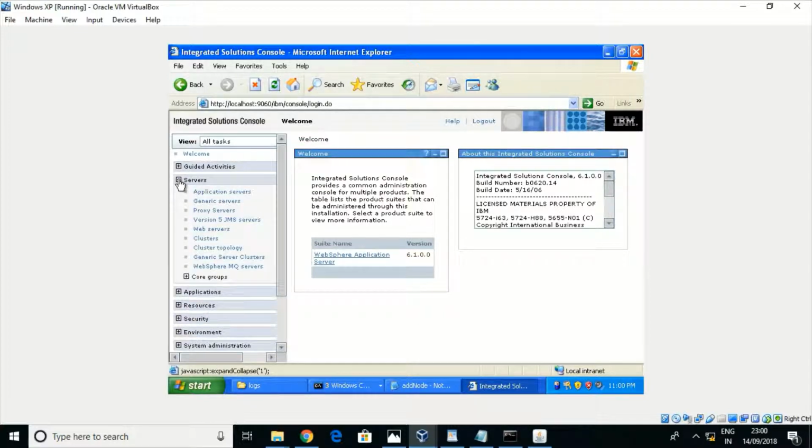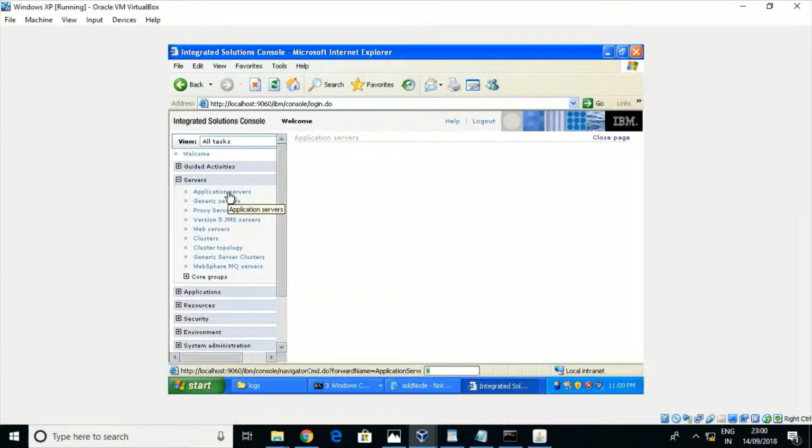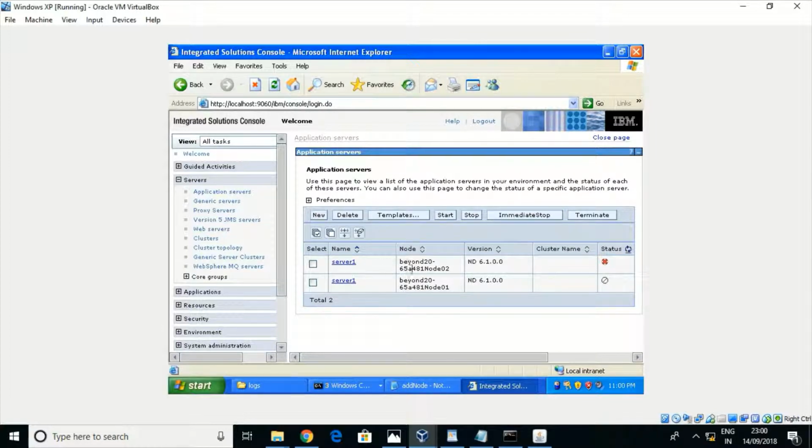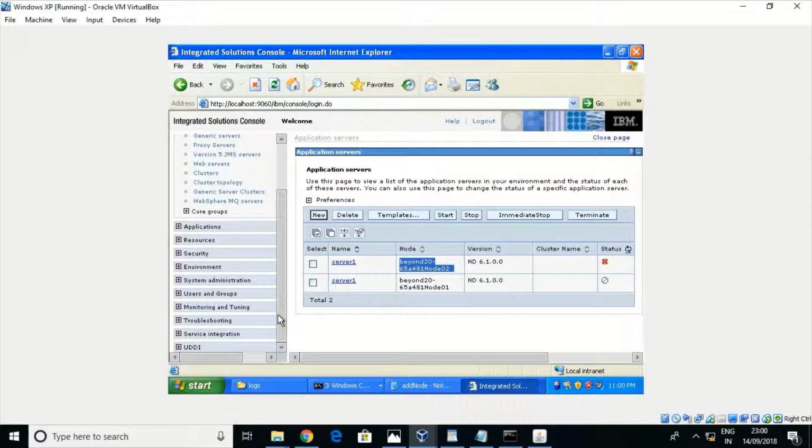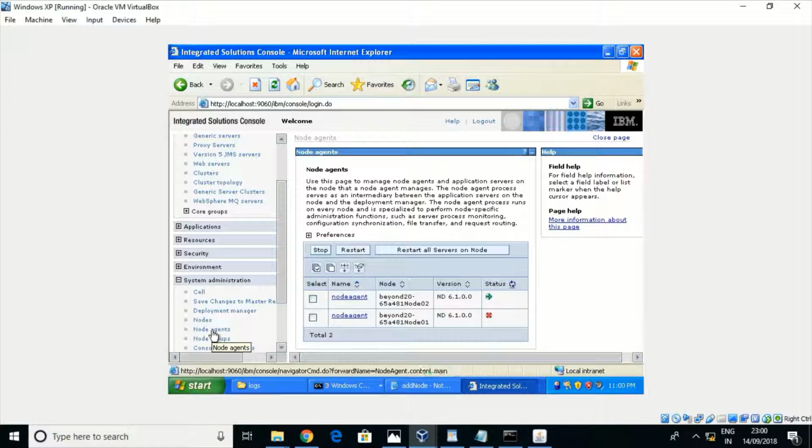So let us see the servers, application servers. Yes, before federating, I have shown you there was only one node. So now another node is added, the node 2. There was node 1 earlier, and now the new node 2 has been federated to deployment manager. And let us see the node agents. Yeah, so this is a node agent